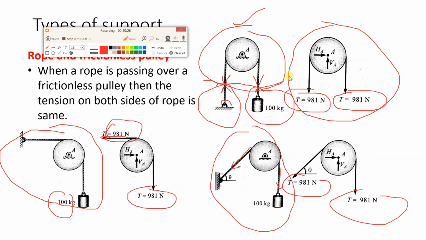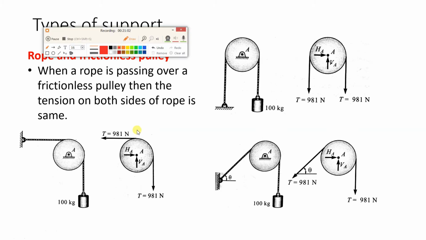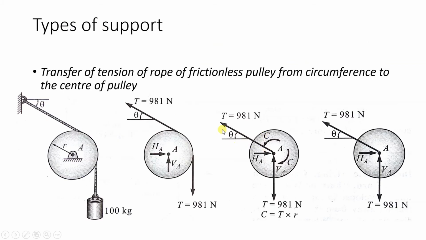And in all the three diagrams, if you see, the center is a hinge. Okay, so in the center there will be two reactions, HA and VA, here also we have HA and VA, here also we have HA and VA. See, if there is friction, what will happen, that analysis will be different. Here you have to consider mu. Okay, here there will be mu. So that part we are not going to study. Okay, next.